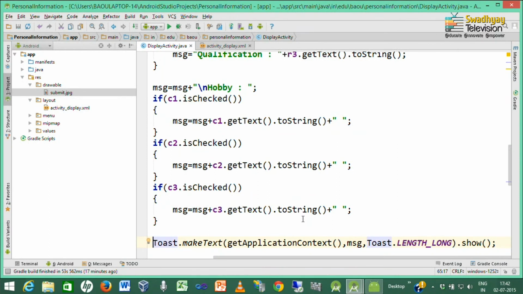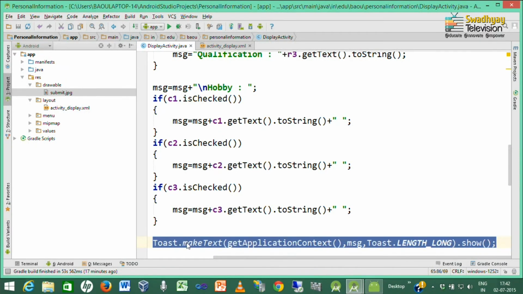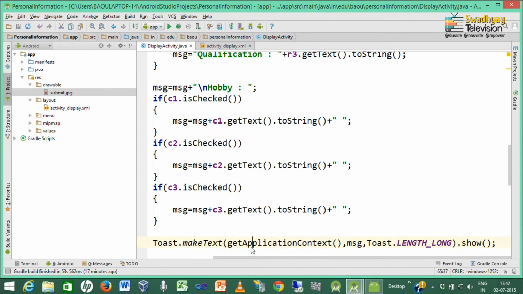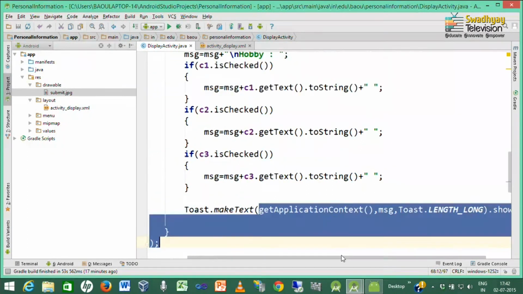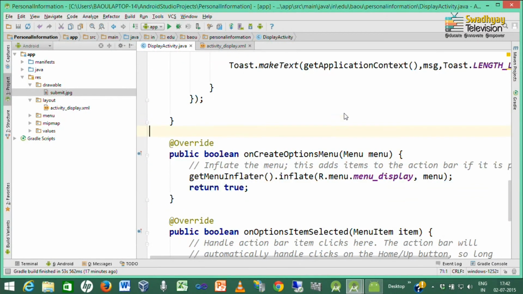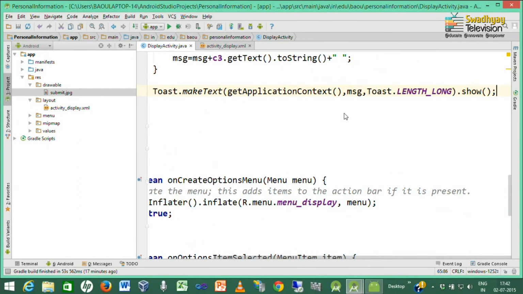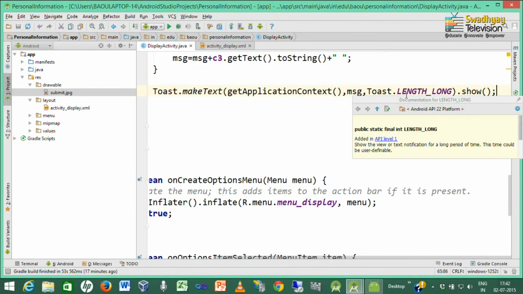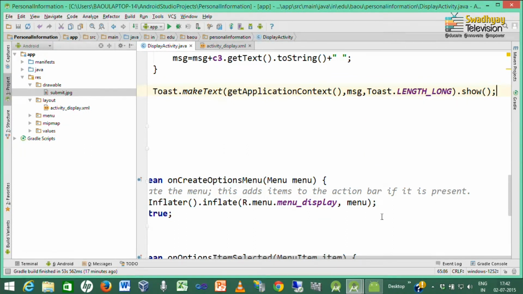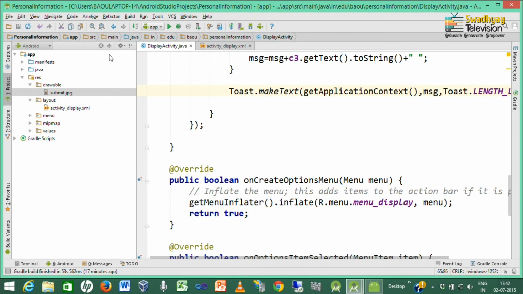So, this single line creates a toast and displays it also, and the makeText function has three arguments. First is a context, another is the actual message to be displayed, and last is the length or time for which the toast should appear on the screen. Now, our code is ready.